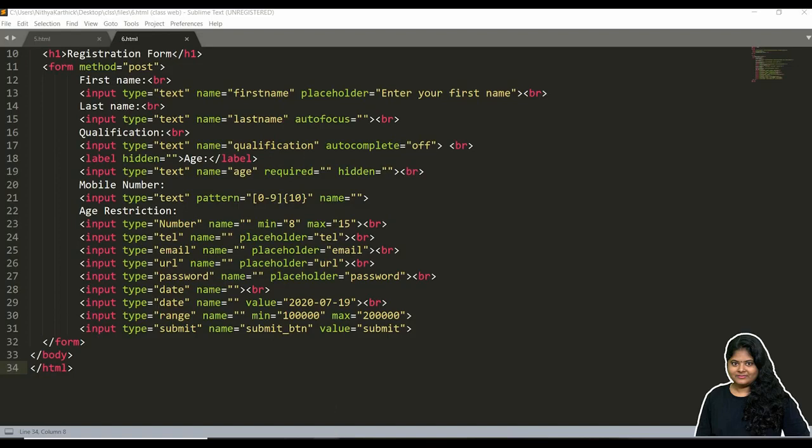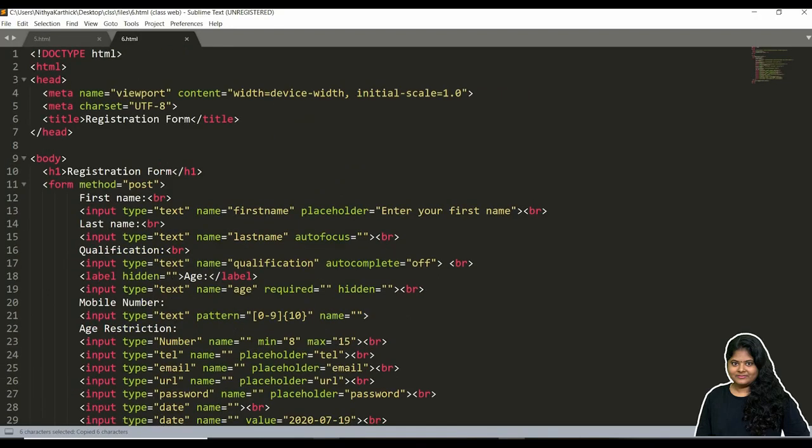So let me move on and see the rounded corners. Here let me create a div, or let me create a paragraph. I'm giving the class round 1. So for this round 1 I'm going to give style.